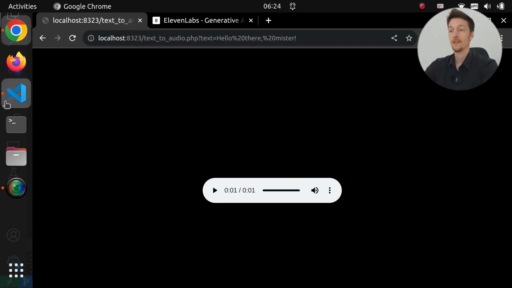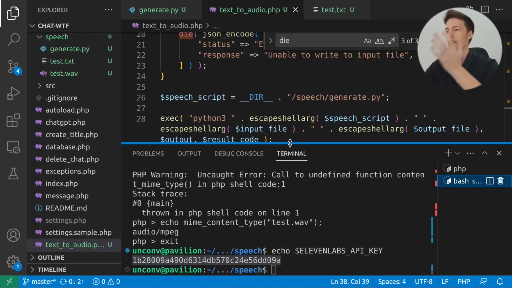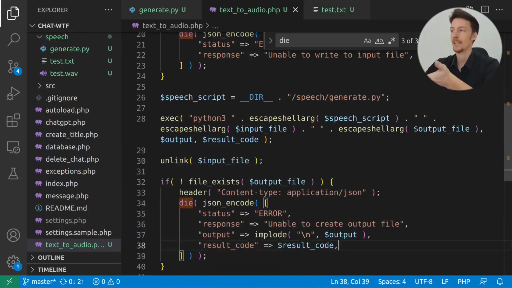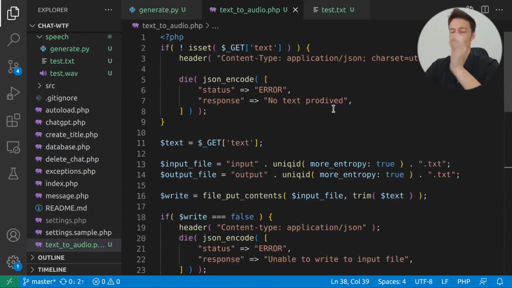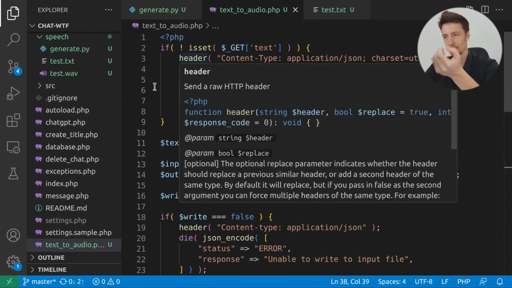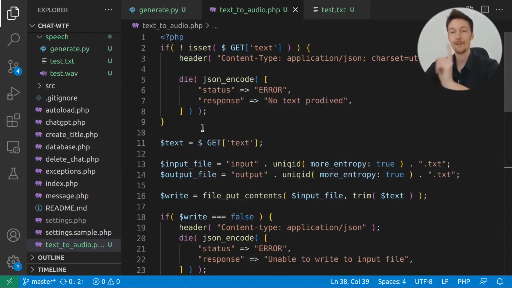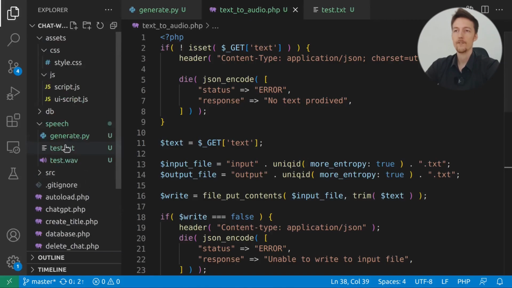So then we could literally, if we just use the GET method, just add an audio tag on the page that points to this URL. And then it will say whatever we want. So let's in fact do that right now. So if I go to my